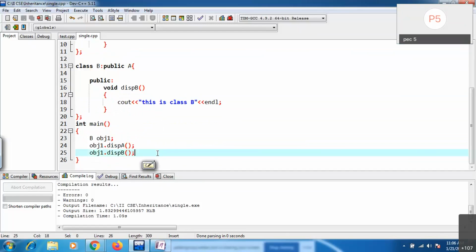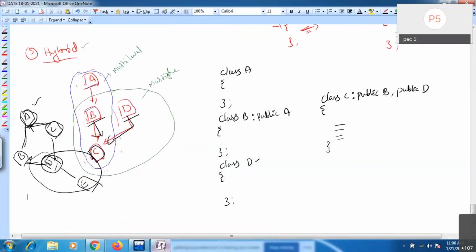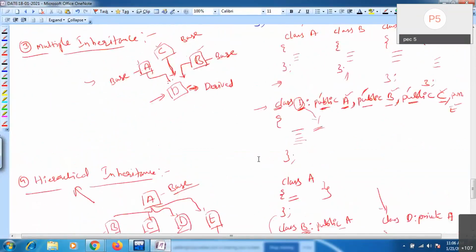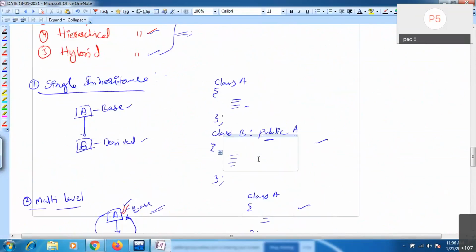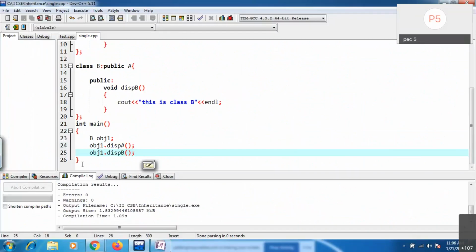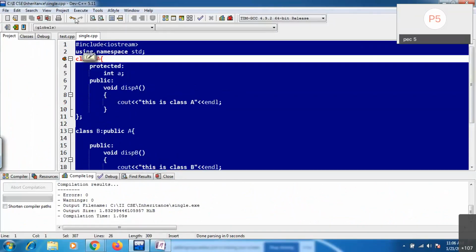Clear? This is about single inheritance.